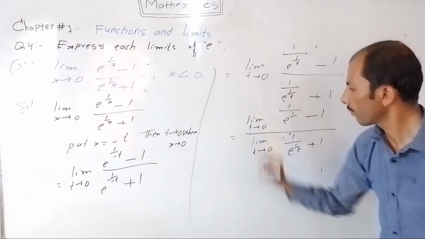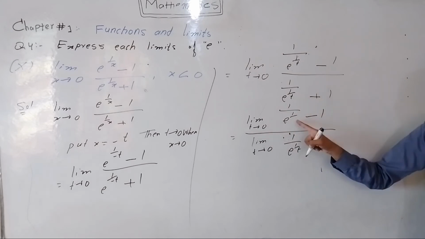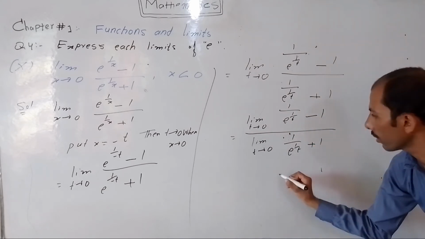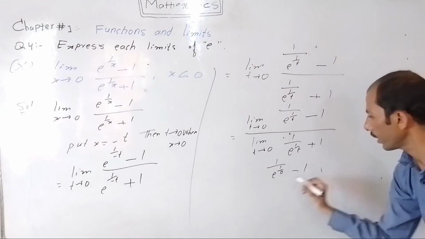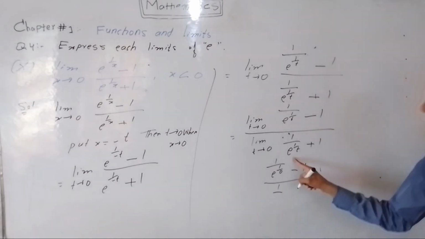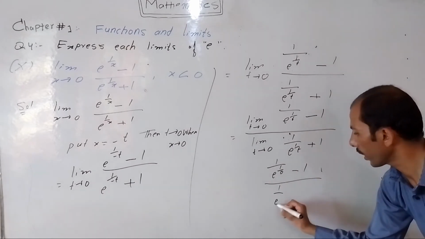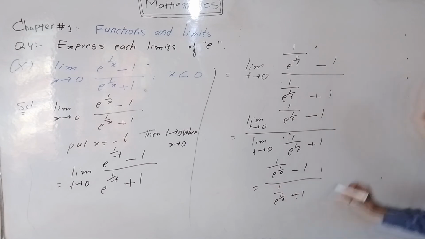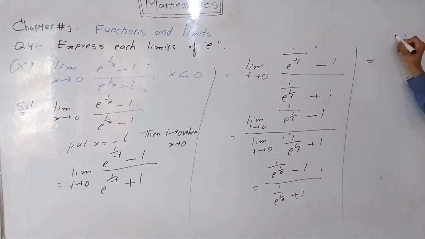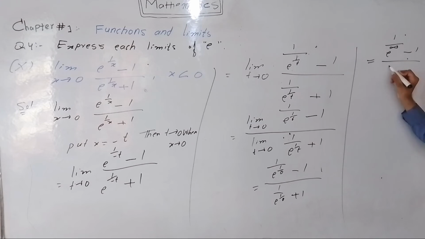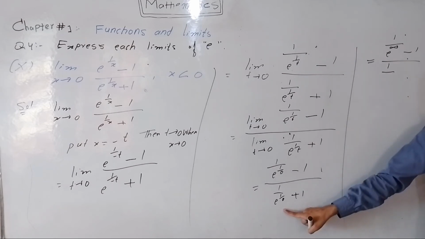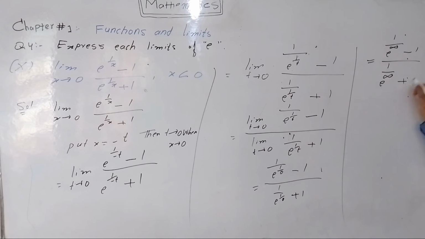Is equal to limit t approaches 0 of 1 divide e power 1 divide t, so 1 divide e power 1 divide t approaches to 0, minus 1, divided by 1 divide e power 1 divide t, so t approaches to 0, 1 divide 0, plus 1. e power 1 divided 0 is equal to e power infinity, minus 1, divided by 1 divided by e power 1 divided 0 equal to infinity, plus 1, is equal to 1. e power infinity is equal to infinity, minus 1, divided by e power,